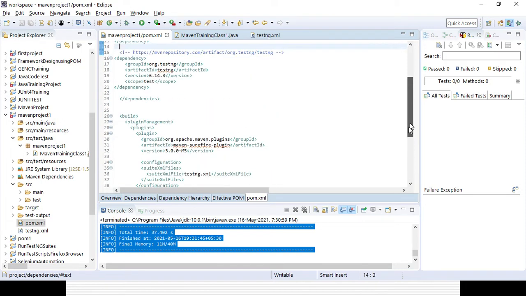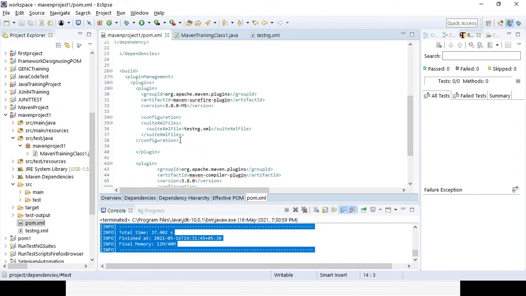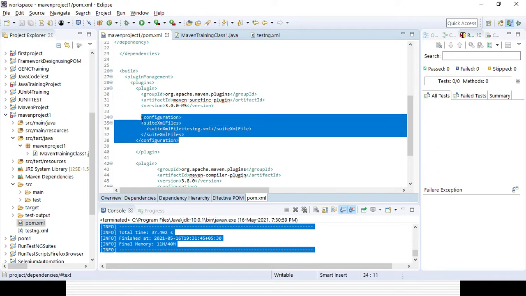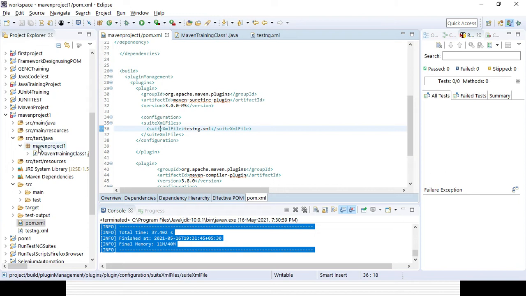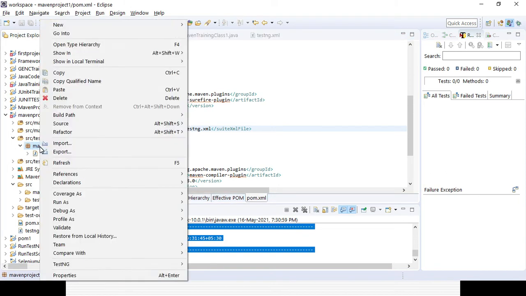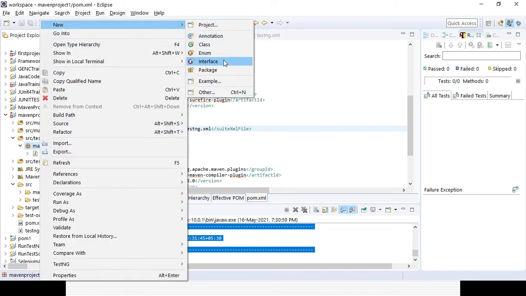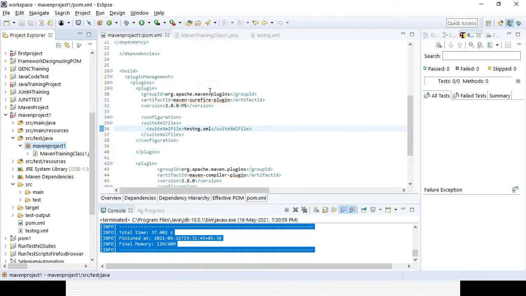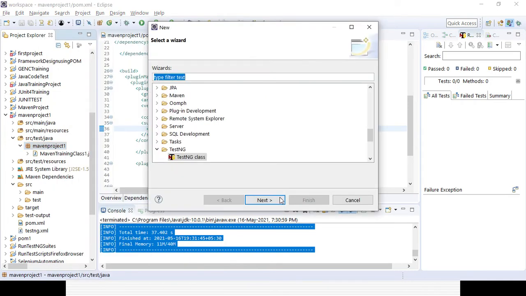Then you can also provide the path of the TestNG XML file where you want to add all the classes, right? Okay. Now let's try to create one more TestNG class. Package, not the class I want to add, a TestNG class.